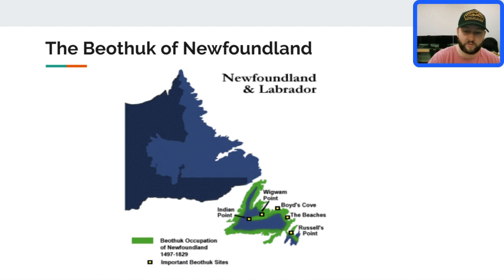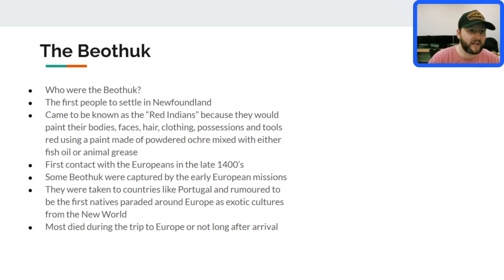And so this is just ultimately where that took point. If you're from Newfoundland, you're familiar with this island at all, you can probably still see these things. They are called different things now, but this is what they are originally known as to our Beothuk people, okay? So who were they? Okay, first people of Newfoundland came to be known as the Red Indians because they would